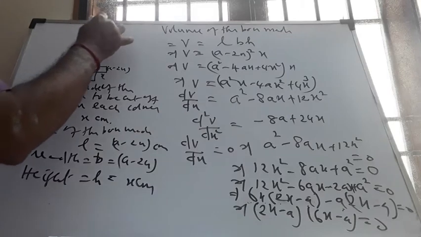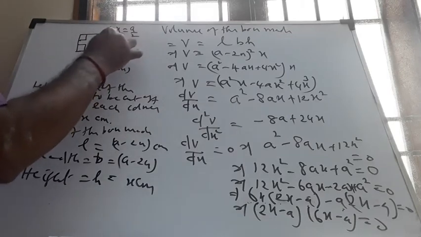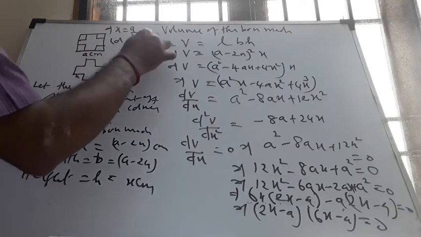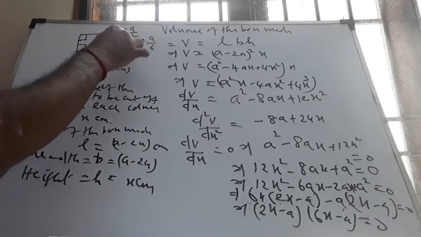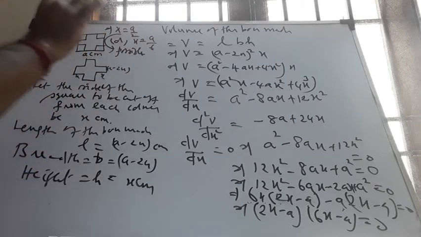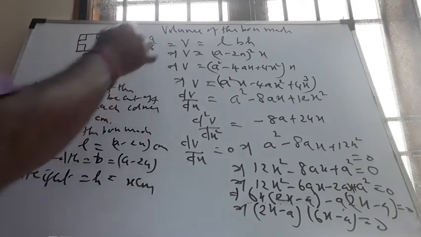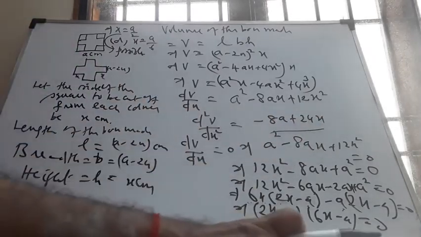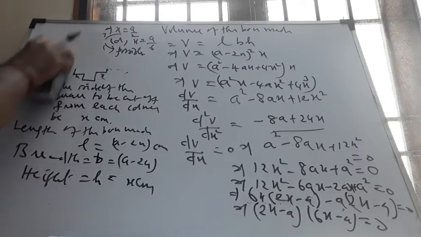Let me just continue here. Therefore, x is equal to a by 2 or x is equal to a by 6. But a by 2 is not possible. If x is equal to a by 2, the piece will be made into two pieces. I won't get such a situation at all. Therefore x is equal to a by 6. Let me substitute here when x is equal to a by 6. I need to rub the board, there is no other board. Rub the board and write over here.